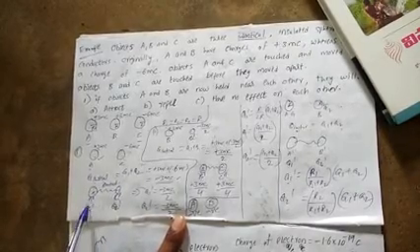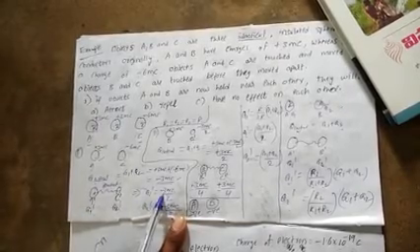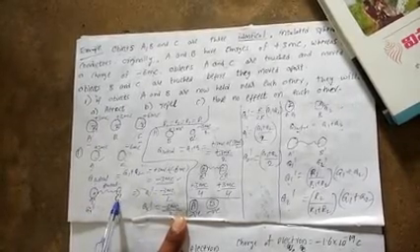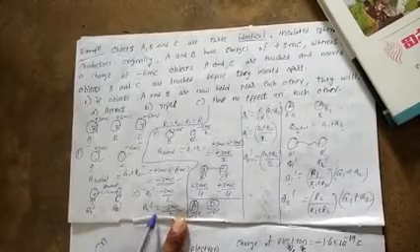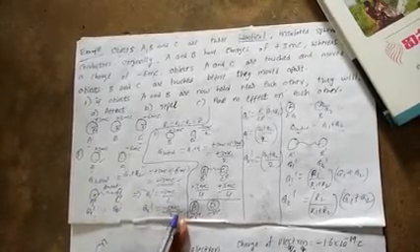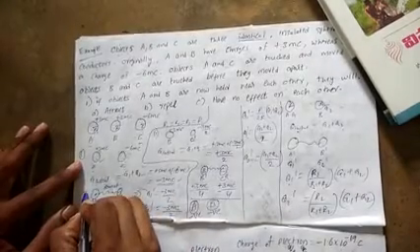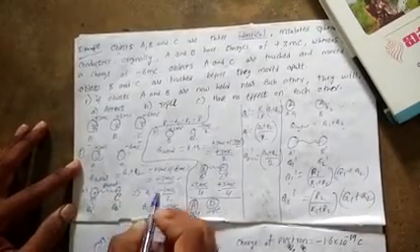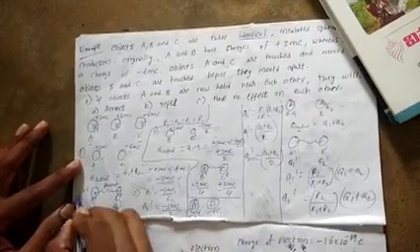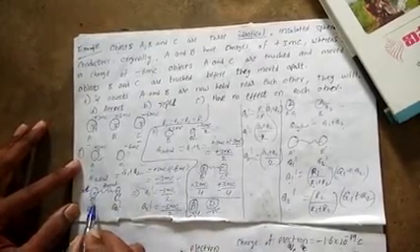So A is having what type of charge? It is a negative charge. Next, body C is touched with A. Then how much charge gets distributed? So the final charge is minus 3 microcoulomb upon 2. Means what? Body A having positive or negative charge? Negative charge. Body A having negative charge.